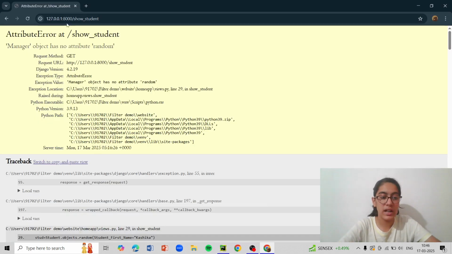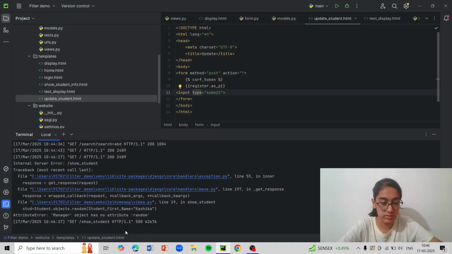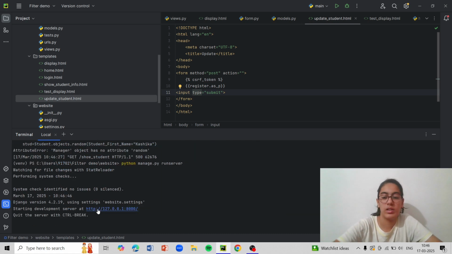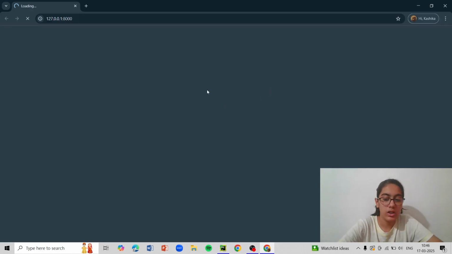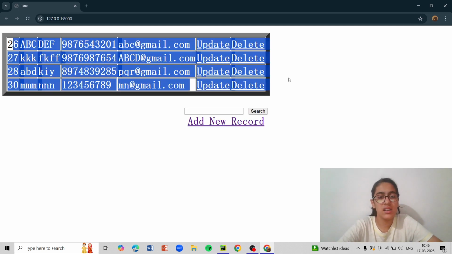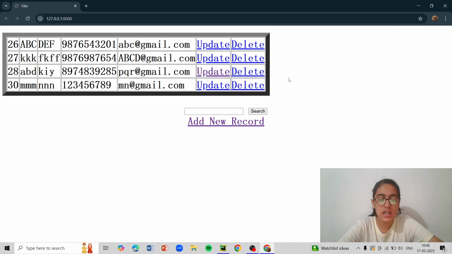Now we go back over here, and again I got that error of reloading again and again. Control C, python manage.py runserver. Over here we will see that back to the page. So this error often comes, not to worry about it. It will show different types of error, like sometimes it shows value based error, sometimes it shows integer error, but just try reloading it once. If it happens, just close the whole page and then reload it once.